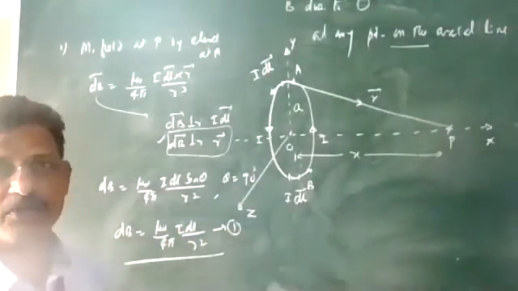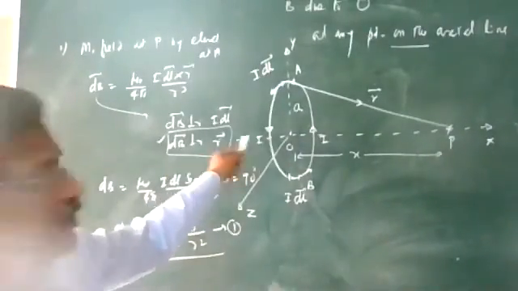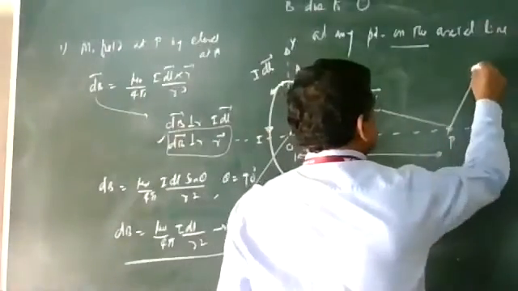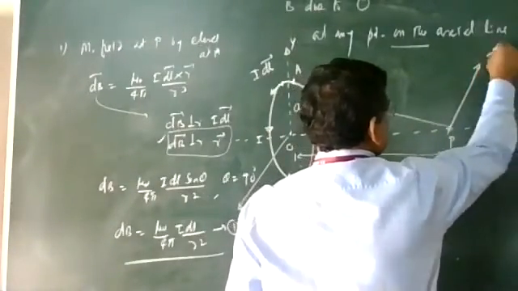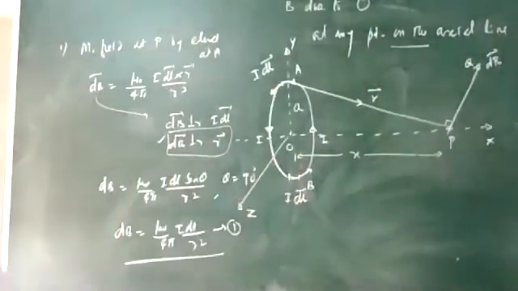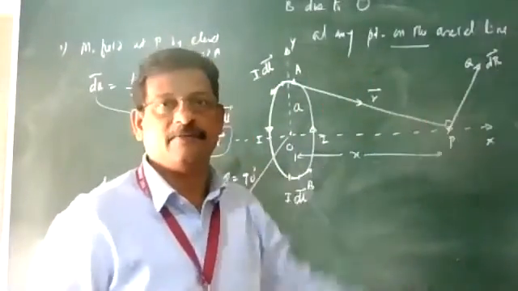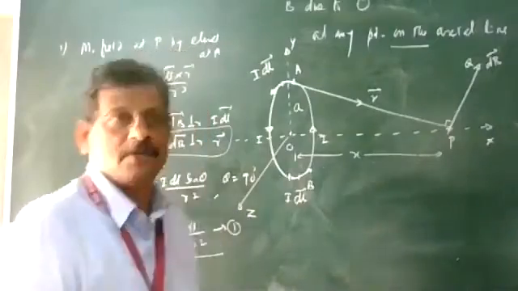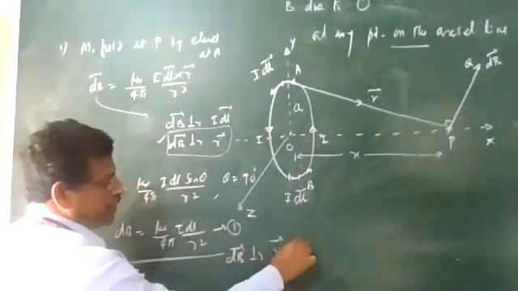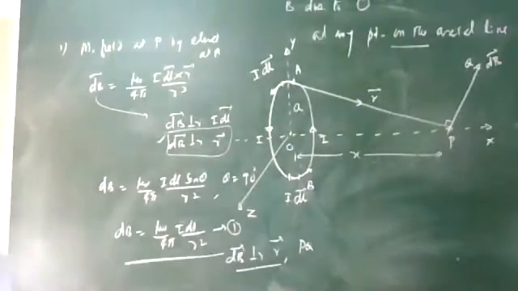Where is the direction of this magnetic field? The direction of the magnetic field is perpendicular to the r vector. The r vector is already drawn, so the dB vector is perpendicular to the r vector, going around PQ in the xy plane. This will be the xy plane. So dB vector is perpendicular to the r vector and directed along PQ in the diagram.